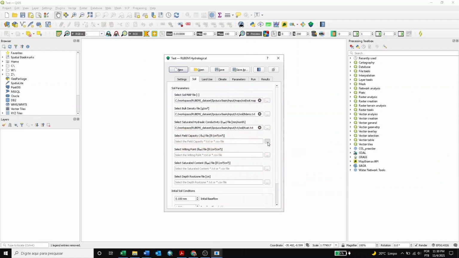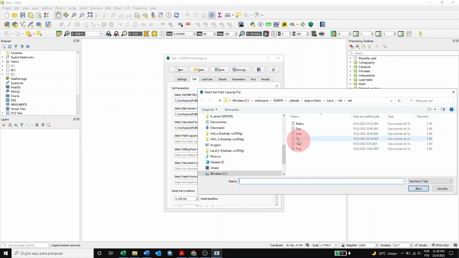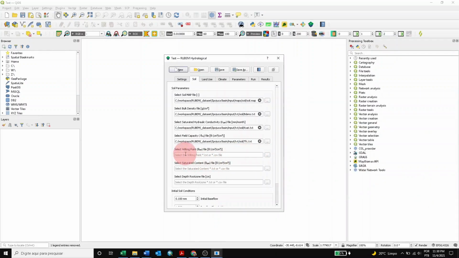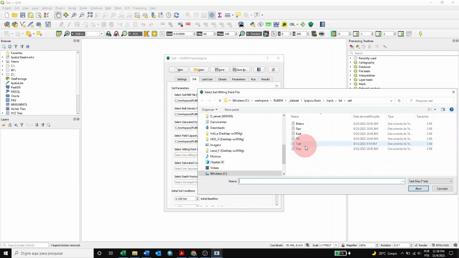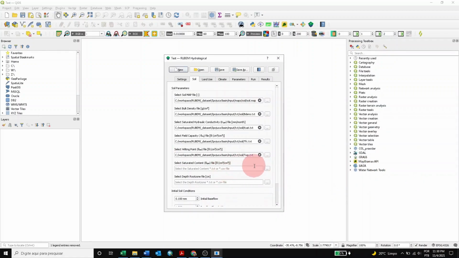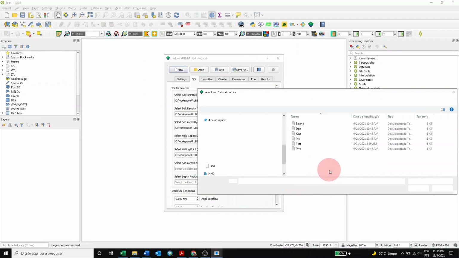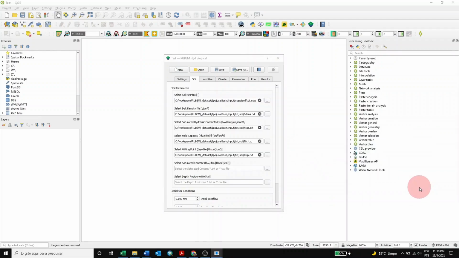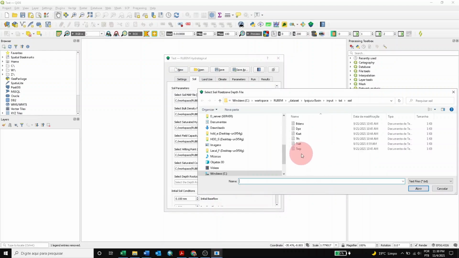Also the field capacity, so field capacity TFC, the wilting point file, saturate content Tset, and the root zone, the depth of root zone